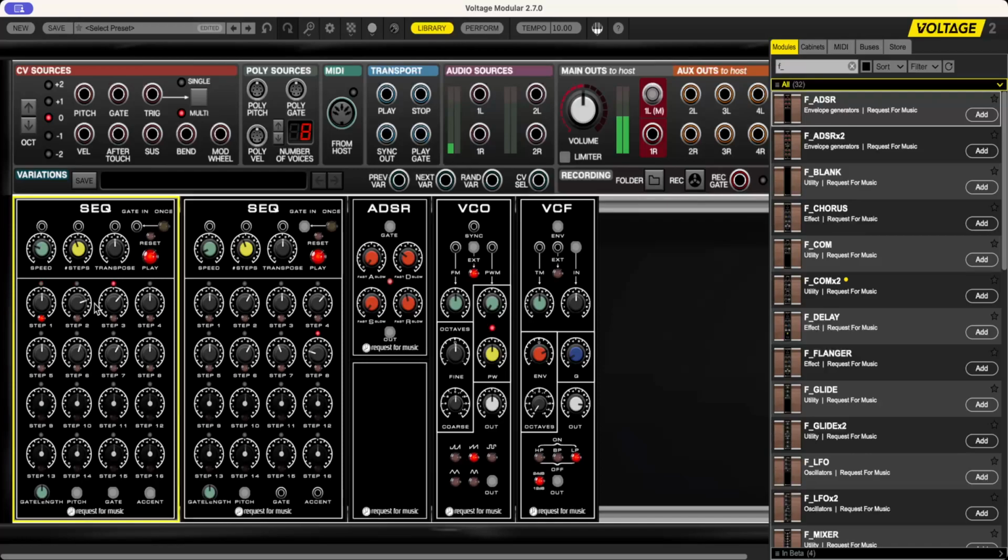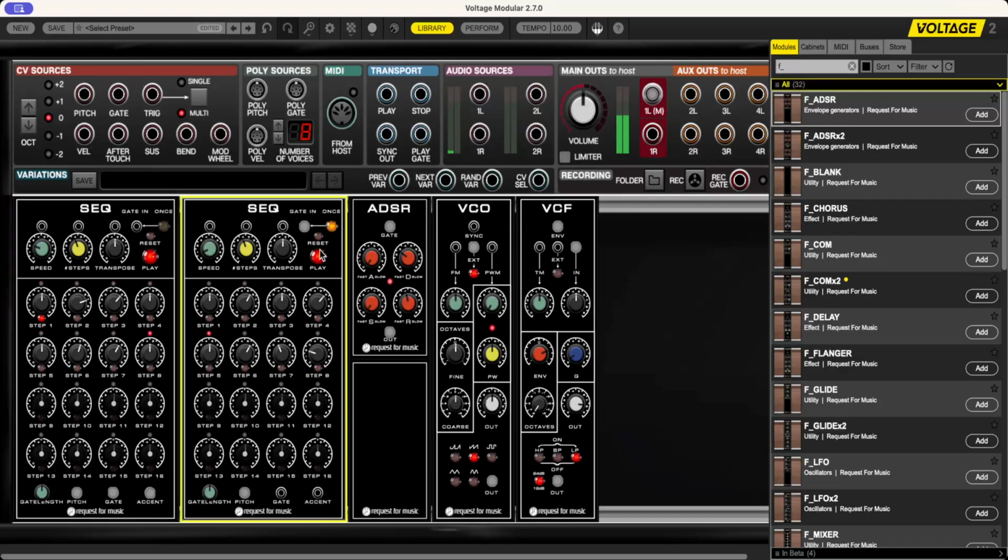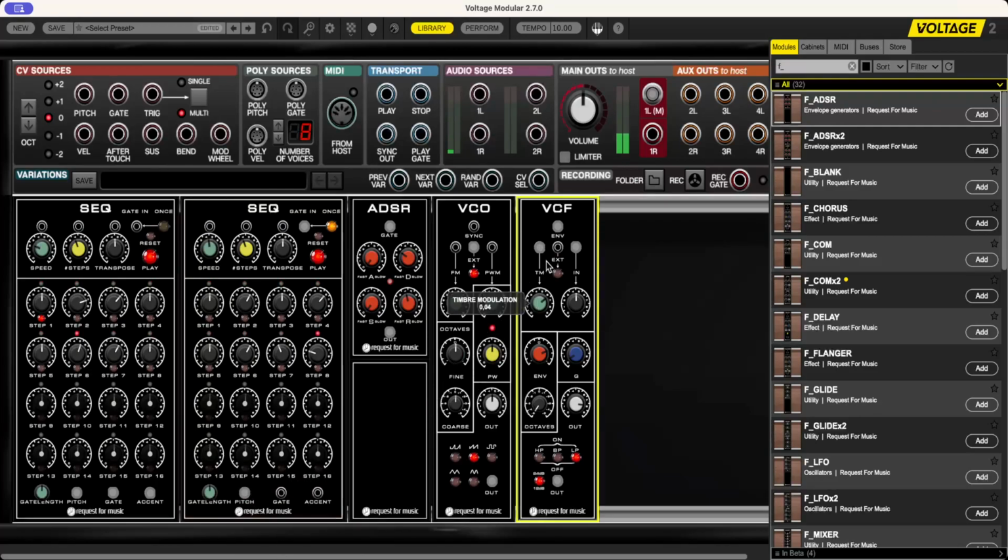If, on the other hand, I would use this as my main sequence, my main pitch sequence, and instead I just want to drive some extra short melody every time it reaches that first stop, it could actually do that by using this button, because then its speed is taken apart from this, so it's running at its full speed, but it only does that as soon as it reaches this first one. So instead of putting the pitch in, let's take the pitch into my timbre modulation, so it can drive my